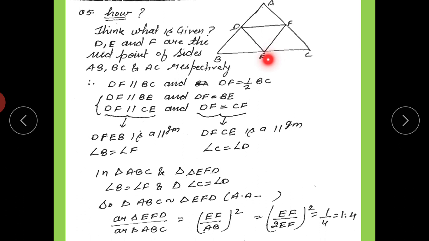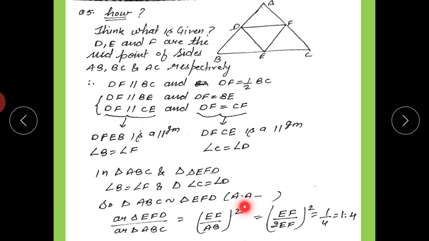Then DFEB is a parallelogram. Similarly, DFEC is a parallelogram. If DFEB is a parallelogram, then you have to remember the properties of a parallelogram: opposite angles are equal, opposite sides are equal. So angle B equals angle F, and similarly angle C equals angle D. So two angles are equal in triangles ABC and EFD. Angle B is equal to angle F, angle C is equal to angle D, then triangle ABC is similar to triangle EFD